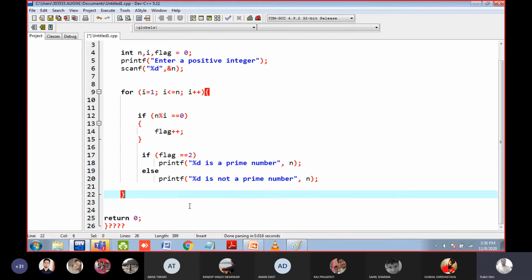You have not closed the for loop, na? That is the problem. No. You have closed the for loop incorrectly.